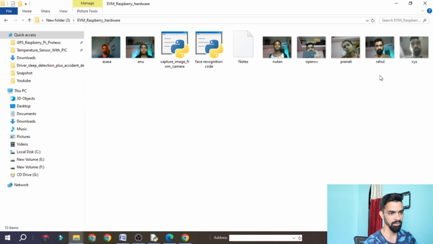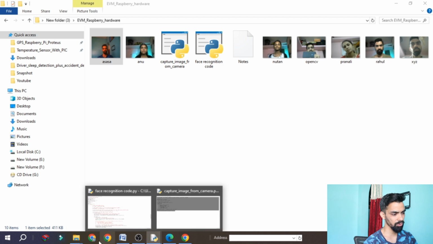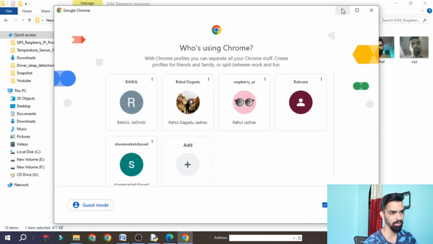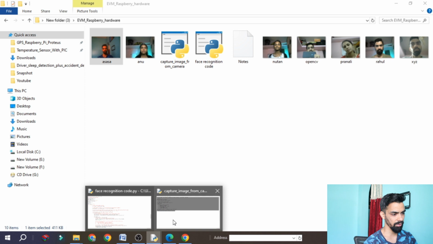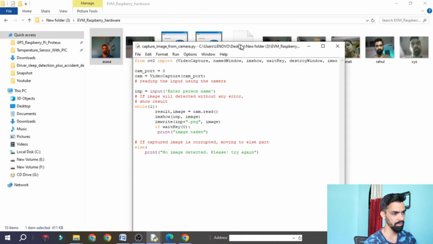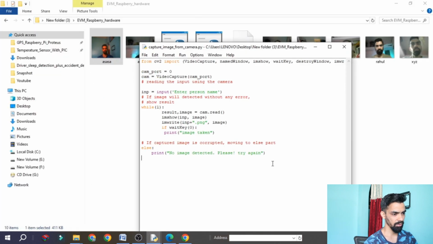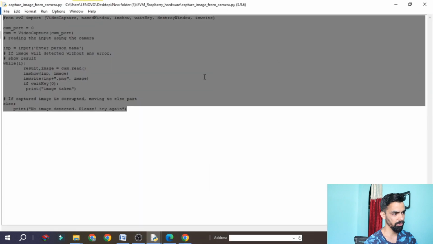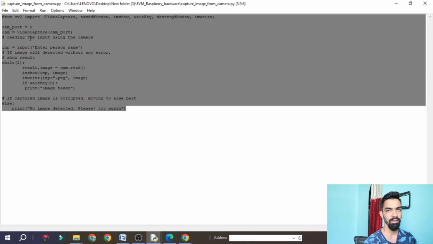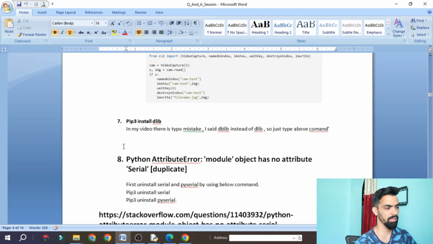I will capture the image, this one. So this is a very easy solution. If you read the article, you will easily find the solution. You can take a snapshot of this program, and you can easily update the program as per this, and solve the video capture and imshow error.